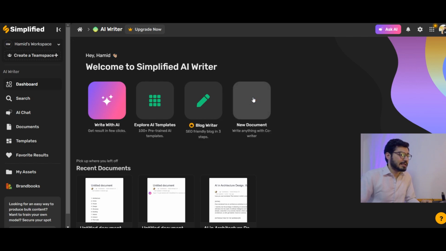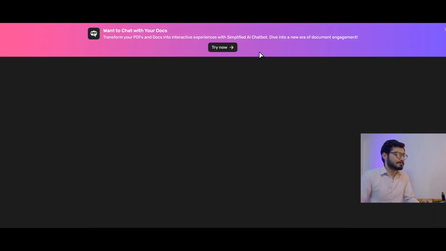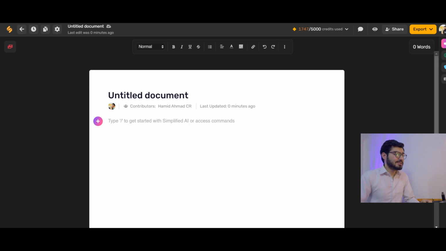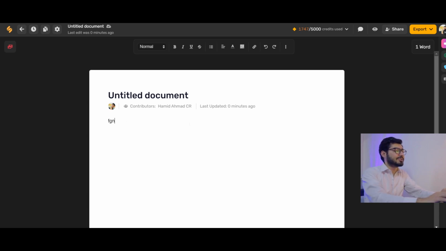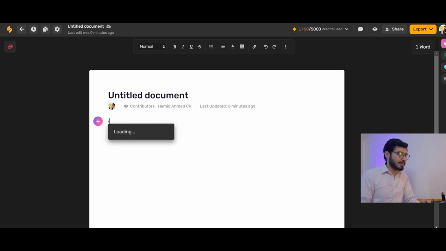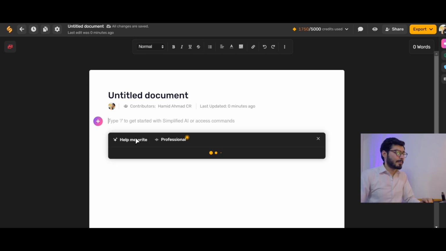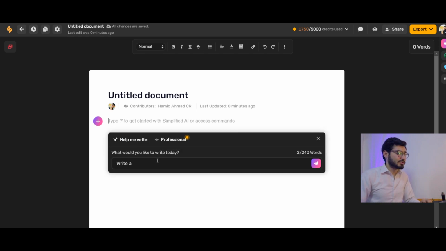So moving forward, click on new document. It will take you to this. Now you can see it's a simple writing document where you can type and write different words, but it's more than that. Now all you have to do is type in this arrow and click help me write. So it's going to help you write. What would you like to read today? Write